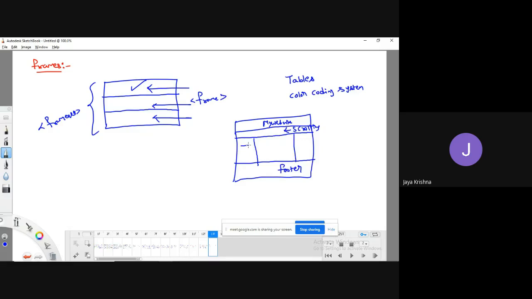In this, three links are there. Whenever I click on the first link, that corresponding information should be displayed in the second column. Whenever I click on the second link, that corresponding information should be displayed in the second column. Whenever I click on the third link, that corresponding information should be displayed in the third column. This is my requirement, meaning that I would like to divide the web page into a combination of rows and columns.